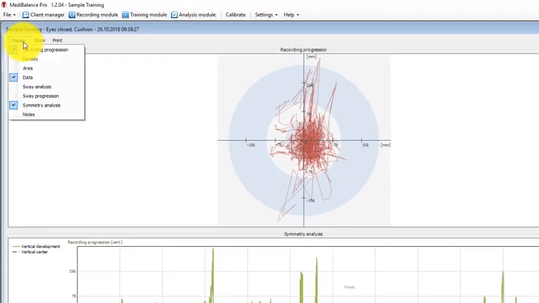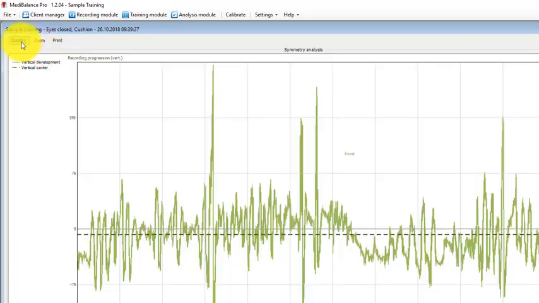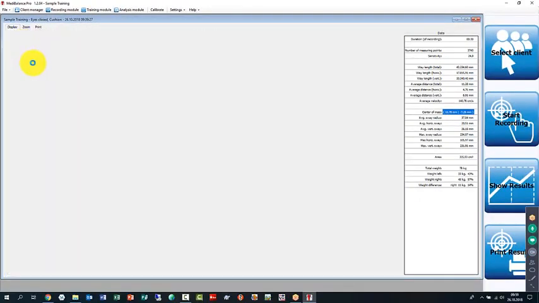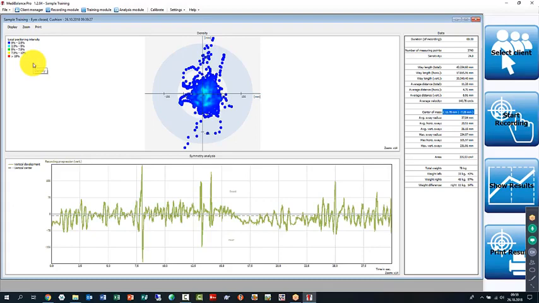You have a lot more options to show stuff here. I'll take the actual recording out of here so that we can see things better. You can always decide what do you want to see here, what do you not want to see. You have a density analysis, and that one shows you that this was a client that just pretended to have a problem because everything is still very centered here with me, as you can see. I've moved front, back, left, right, but in the overall scheme of the measurement, there is no real shift, but I'm always staying in the center. So you can see it's actually quite symmetrical the way I did it,